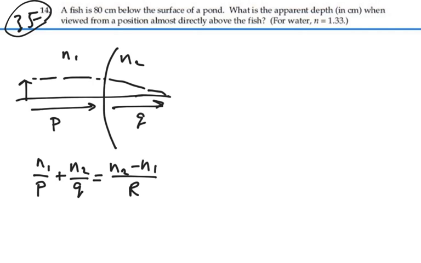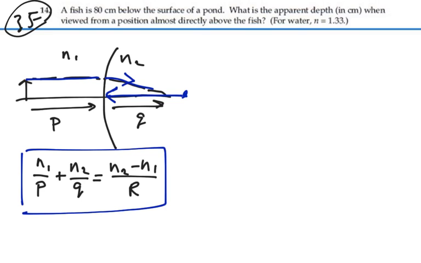curvature of that surface. The radius of curvature is defined as being positive if it is on the same side as the outgoing ray. And in this case, that would be the case here as our outgoing ray there. So, using this and applying it to our fish problem,